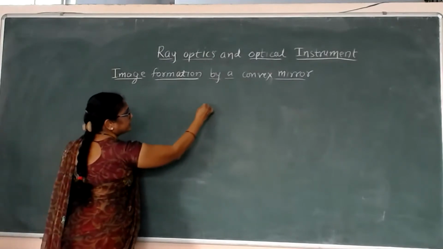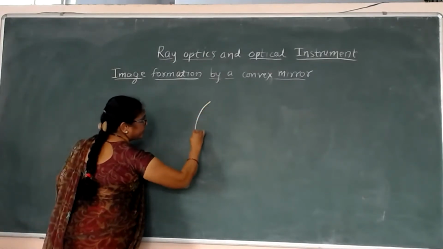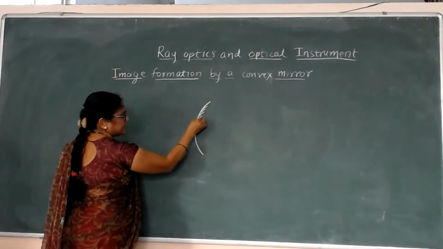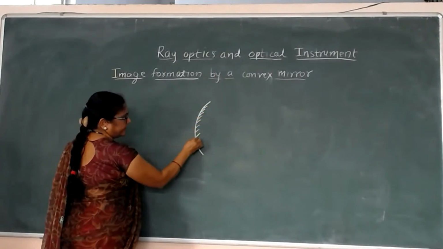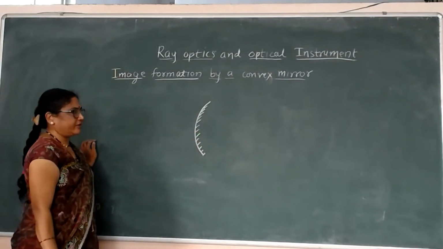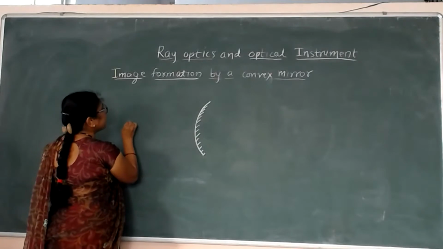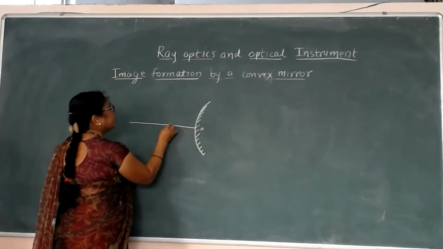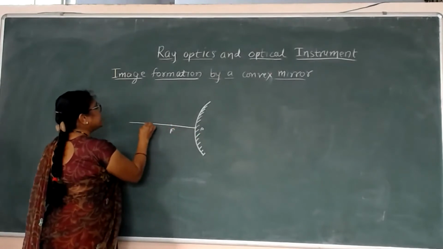So take here a convex mirror, in which the polished surface is inside and the reflecting surface is outside. So this mirror is known as a convex mirror. So draw a principal axis. Suppose this is the pole. If this is F, if this is 2F,